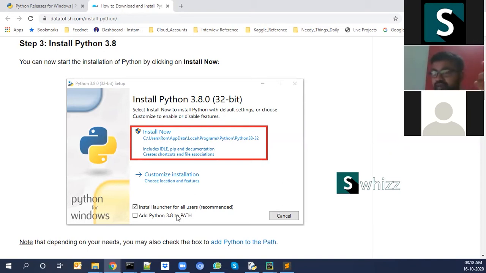To remove that headache, this installation gives us an additional option that we can check, and this will enable the environment path so that from wherever you run, like C drive, E drive, F drive, or any location from the command prompt, you can access Python once you add this. Please let me know once that download is done in your system. Yeah, sure. Then we continue with the next process. Okay.